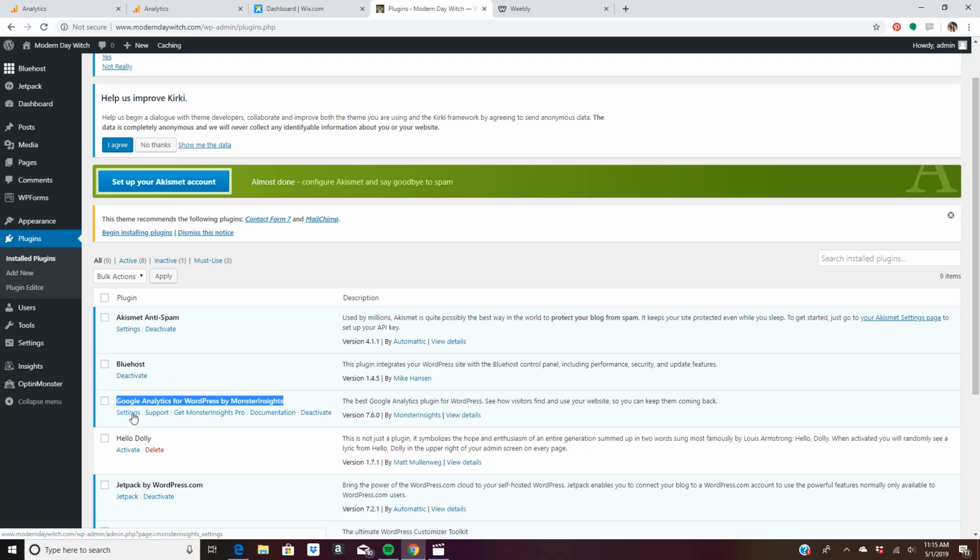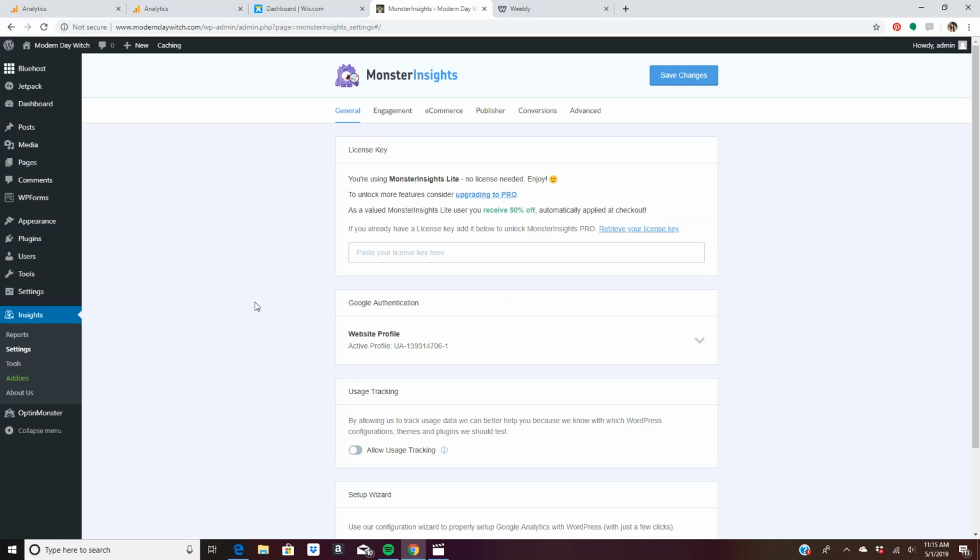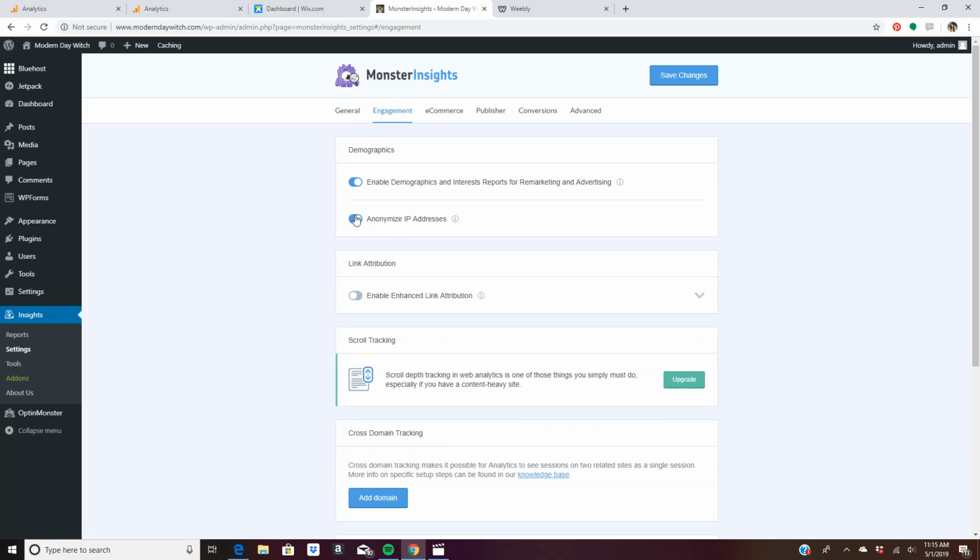So you'd go into Settings, and I've already connected mine, but when you were to go in here, you're going to look under Google Authentication, and it will have you push a button, and it'll actually automatically read your Google email address if you're signed into it and connect your unique ID number to it. And then you'd click Save Changes, and that's how simple it is to add it into WordPress by using a plugin. Now you can click Engagement. Again, I clicked this on because you don't want them to store the information for your customers' IP addresses, and Save Changes. So there you have it on WordPress, on